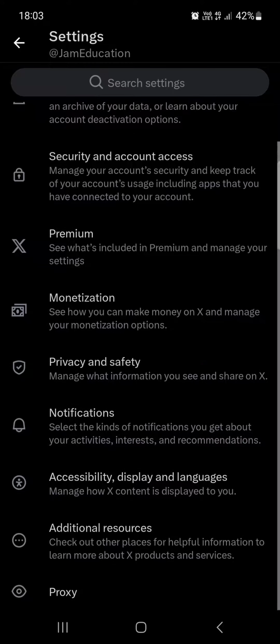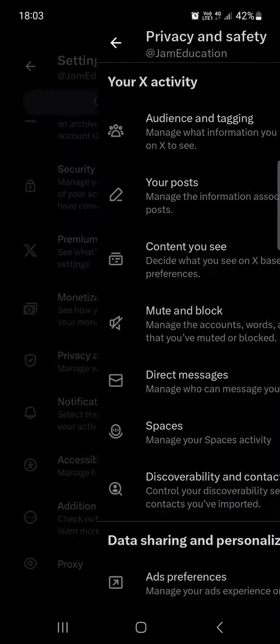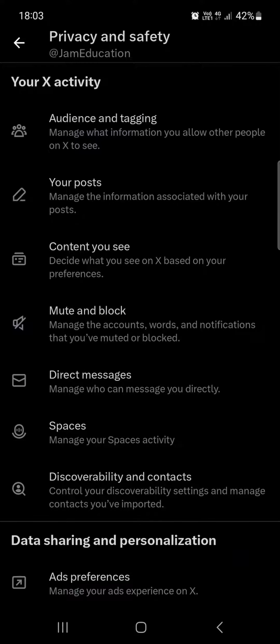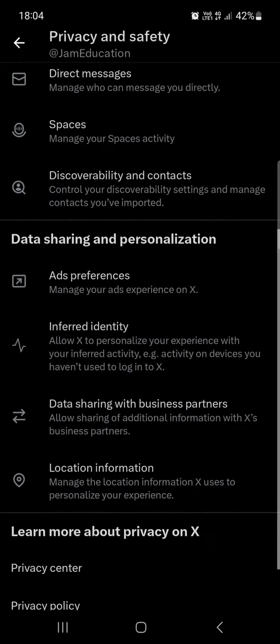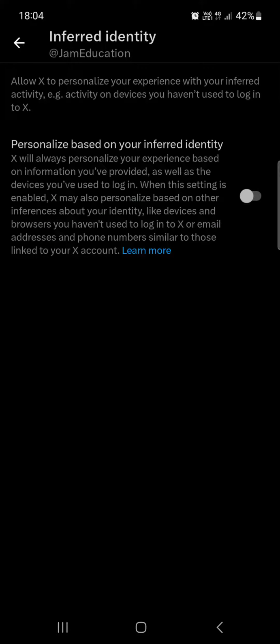From here, we have to scroll down a bit and tap on privacy and safety. In privacy and safety, we have to scroll down and tap on inferred identity. Here, if we turn this on, then we can add some information about our interests and about ourselves, so the X app can use it to personalize our experience